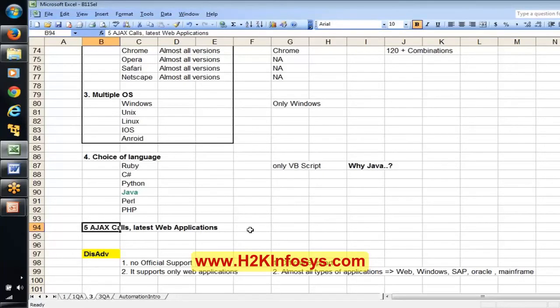In old days, if you consider Gmail itself, around 7 to 8 years ago Gmail was a plain HTML application. Now if you open Gmail, it has rich content, and the look and feel has changed a lot. Those kinds of applications are easy to automate using Selenium rather than other tools.